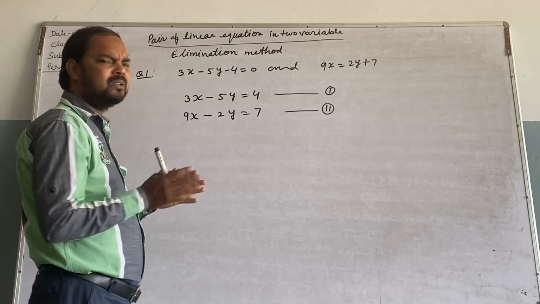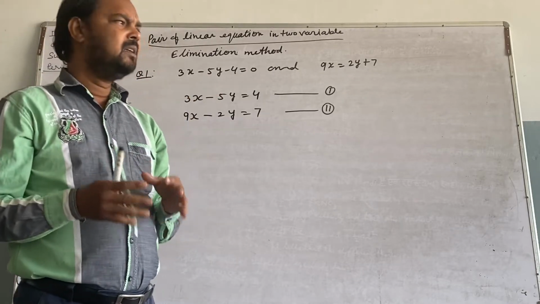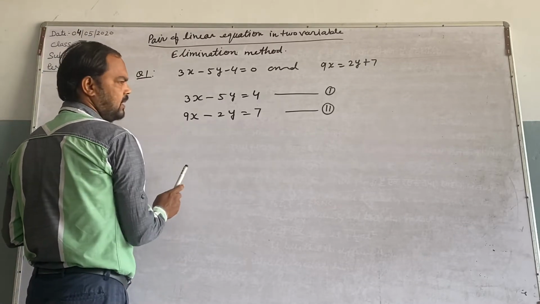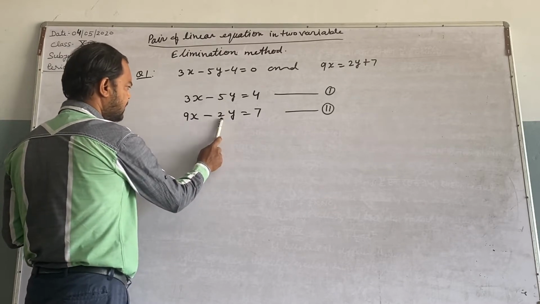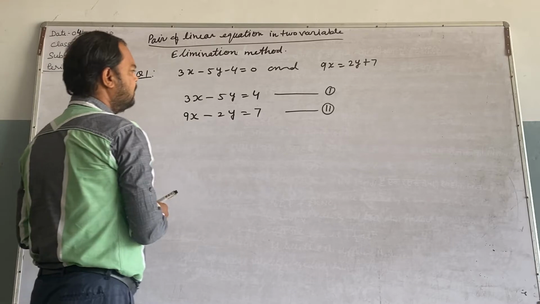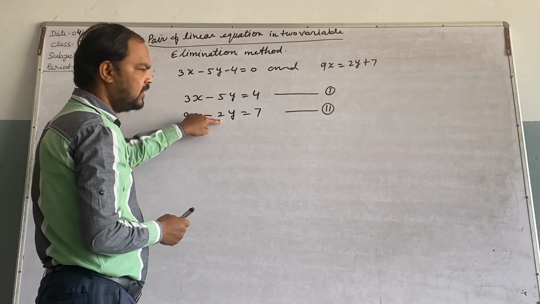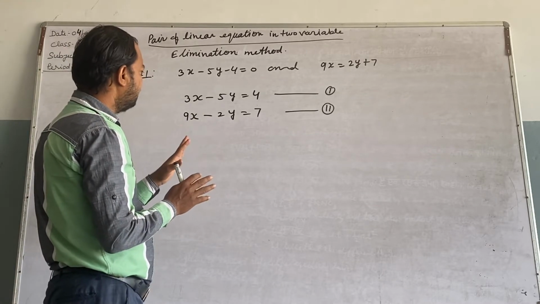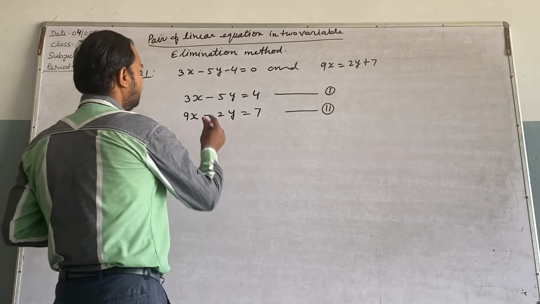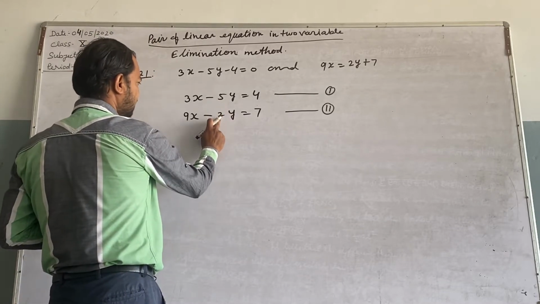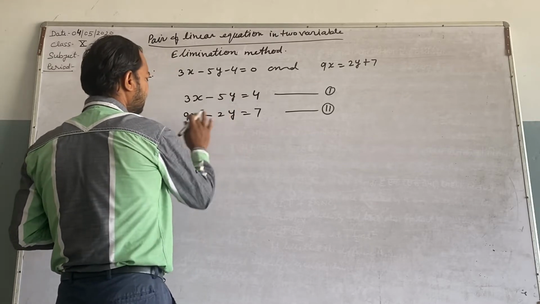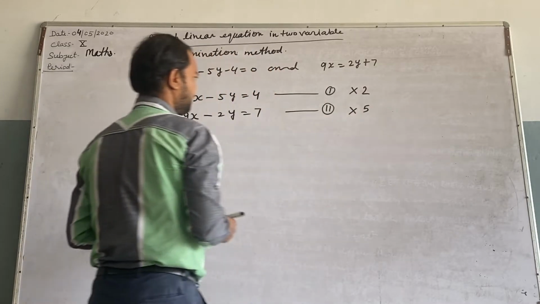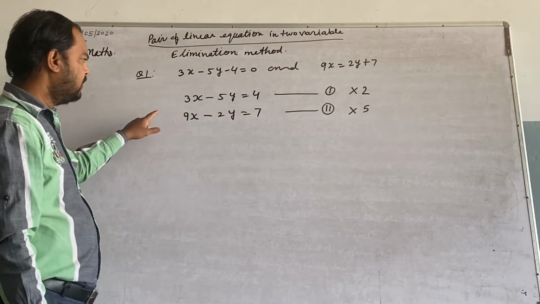So how can you equate this two? Keeping in mind, first thing you can say LCM. Second thing, just think about what we should multiply this and this by to get equal. As you know, 5 twos are 10 and 2 fives are 10. It is not necessary that we multiply in both, but we should equate both. So when you multiply this by 2 and this by 5, this will be equal. So multiply equation 1 by 2 and equation 2 by 5.